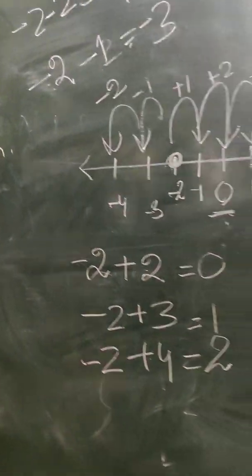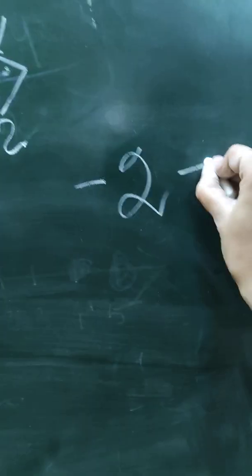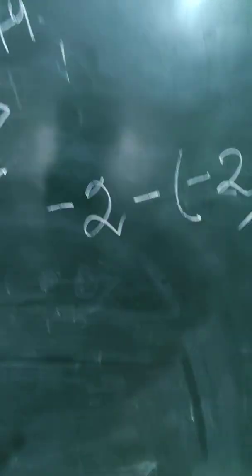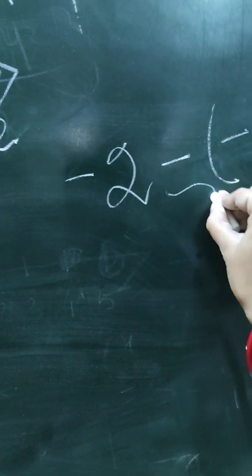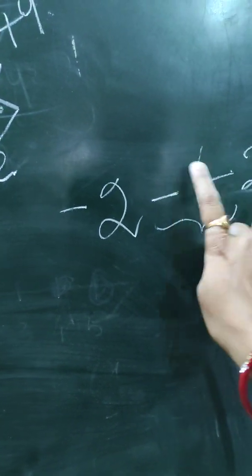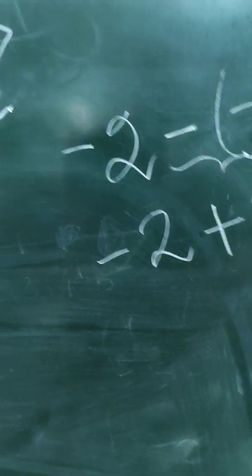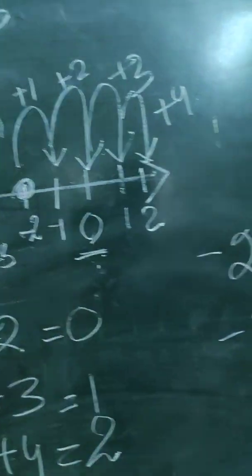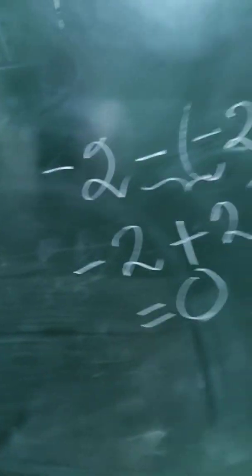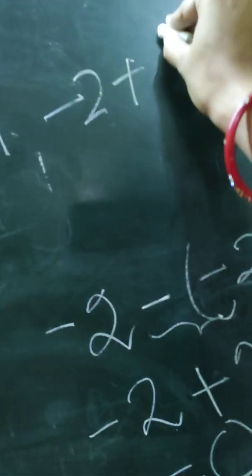Now the question will come, this is just a simplified thing like minus 2 plus 2. What if I am given an expression like minus 2 minus minus 2? What in this case? Over here there comes another property, the multiplication of signs. If 2 negatives have been multiplied, it will give you a positive. So it will be minus 2 plus 2. So where will it move? Minus 2, 1, 2. So it will give you plus 2. The answer is 0.